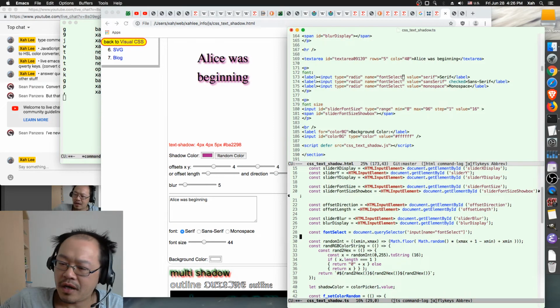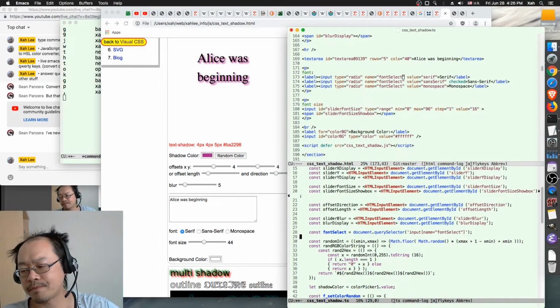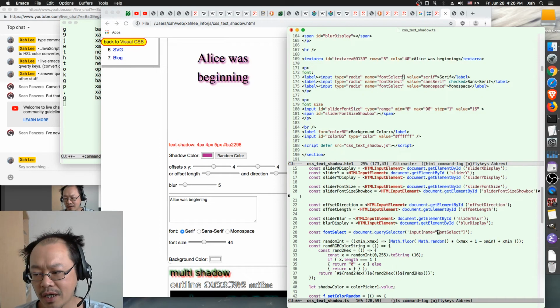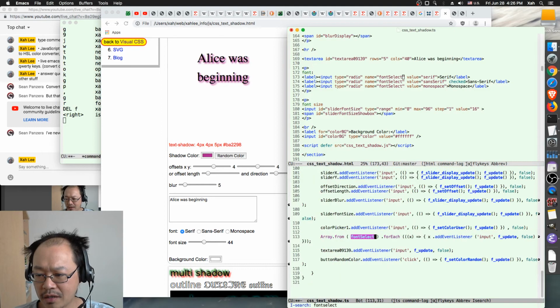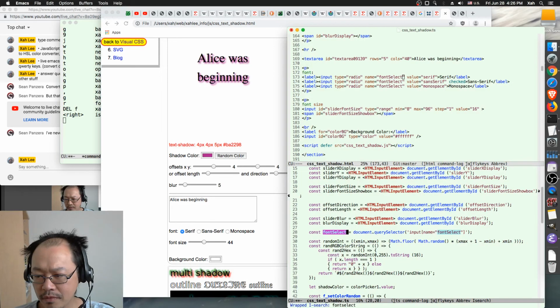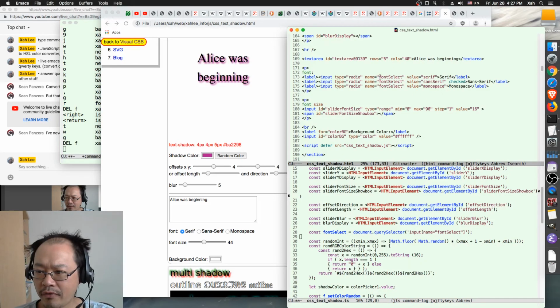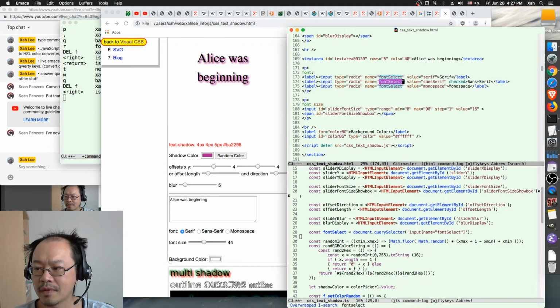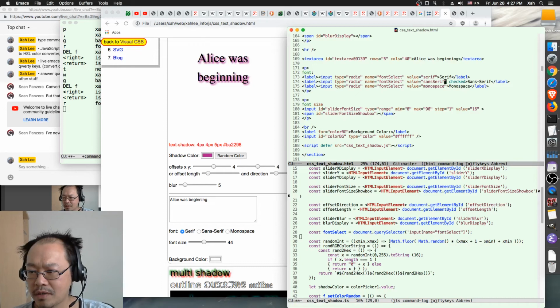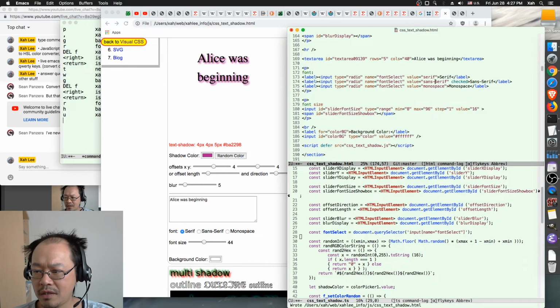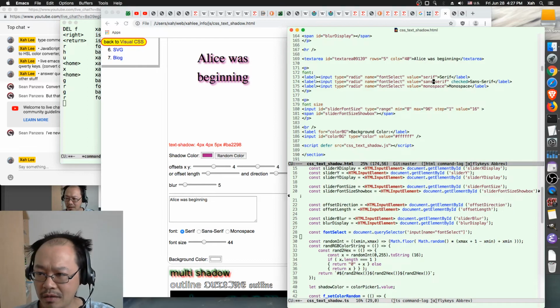So we're trying to solve this problem. Select all items that's named font select. Okay, so which is over here, font select. That's right. So you select those items. Oh, the value here is the problem. It's one of the problems at least. So the value should be sans serif, and